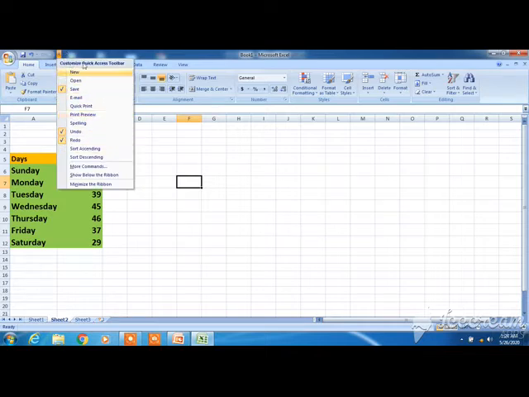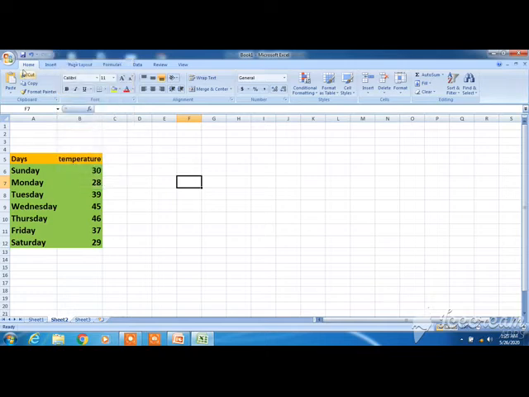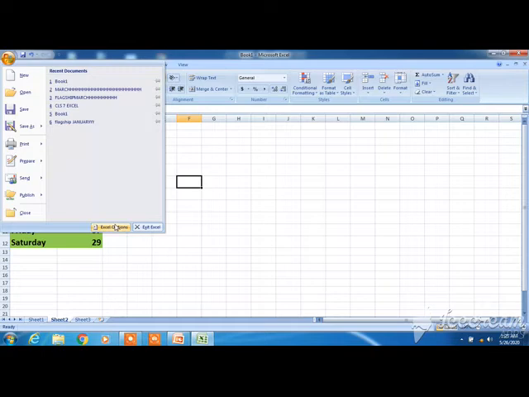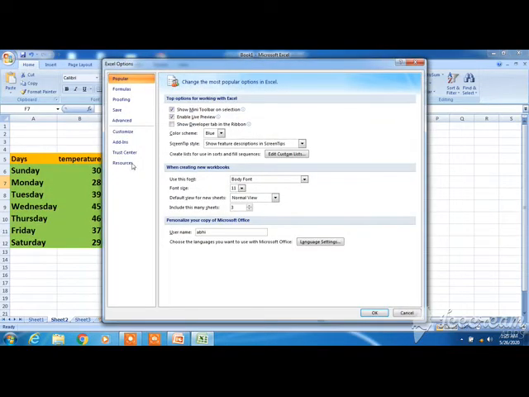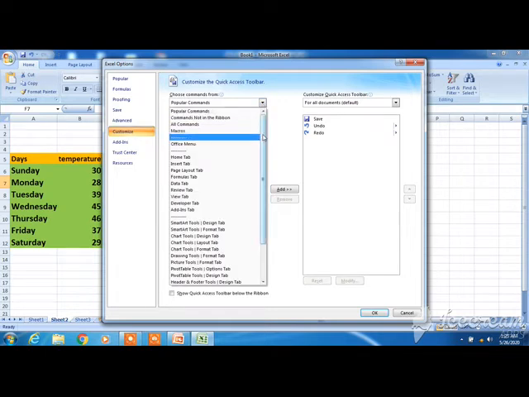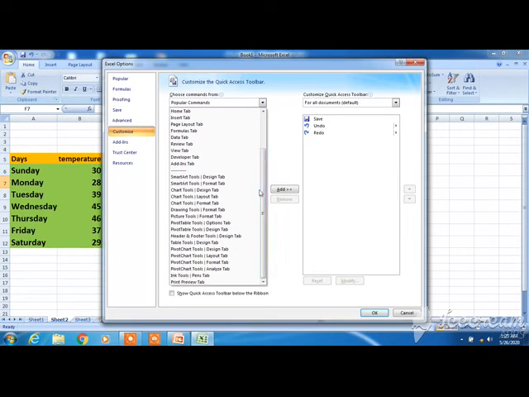These are some customize quick access toolbar options. So let's go. Click on this. Go to Excel options: File menu, then Excel options. Here we will go to Customize the quick access toolbar. Right? Here find out form.